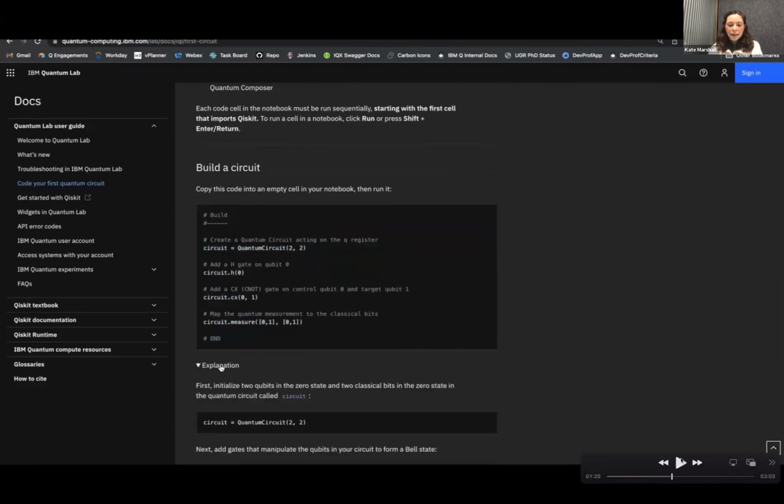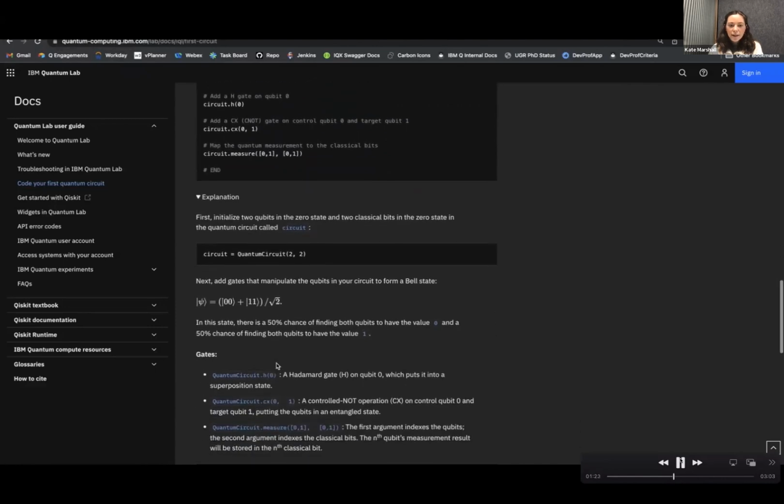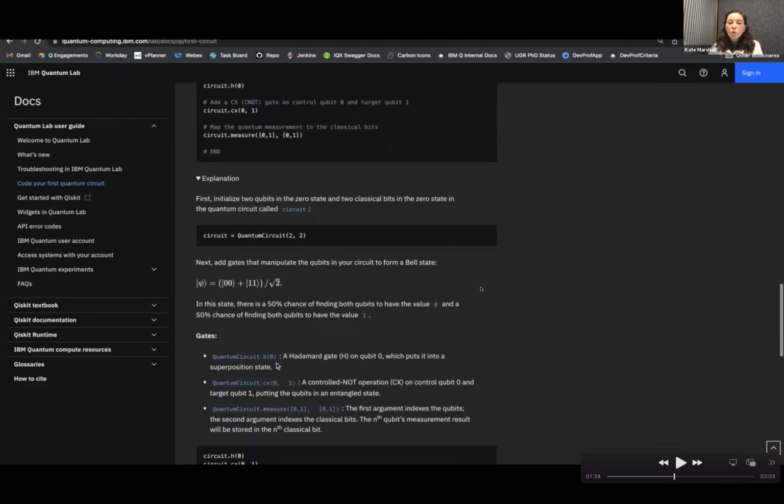So what we're doing here is actually, I'm just going to let this play a little bit further so you can see there is an explanation there should you want to go through this a little bit more slowly after the session, for example. But as part of this circuit, we're basically creating a circuit with 2 quantum and 2 classical bits, all initialized to state 0. And we're going to apply essentially 2 of the most common quantum gates to this circuit.